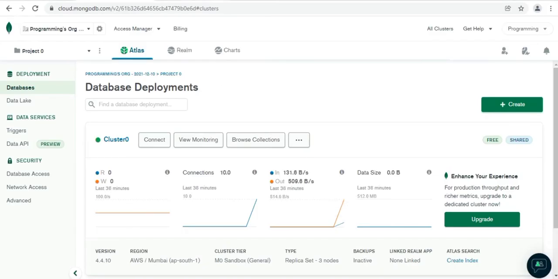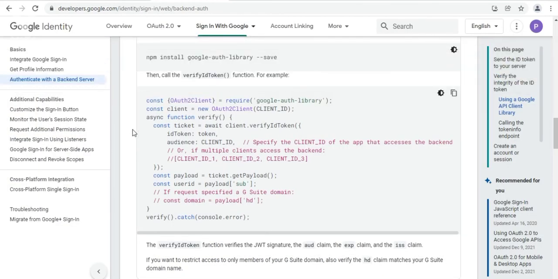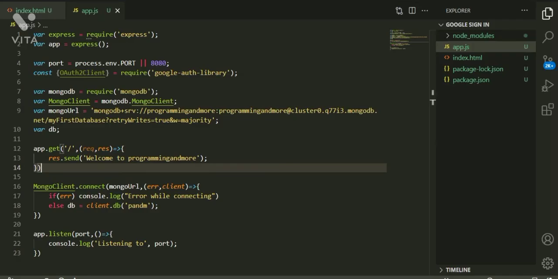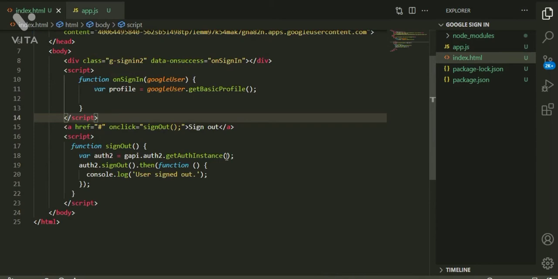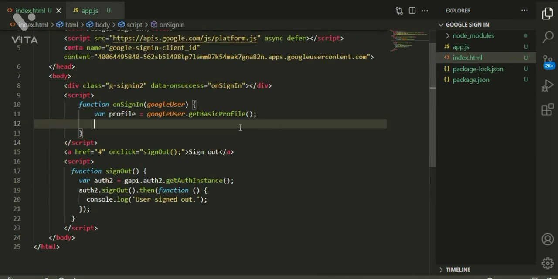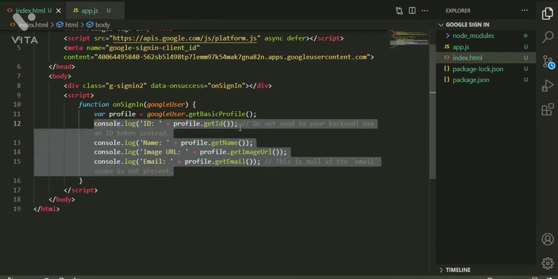Now the next step is, let us see what we are getting in the front end. Go to the index. We'll go to the index.html and here we'll log. Let me undo it.